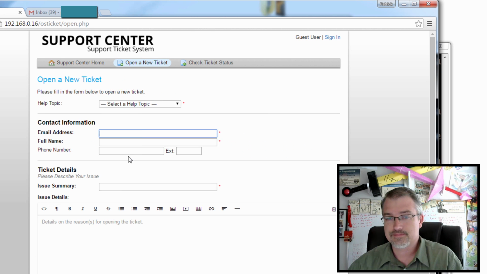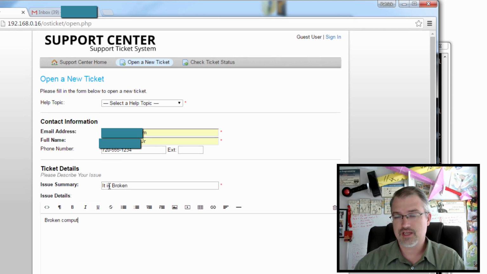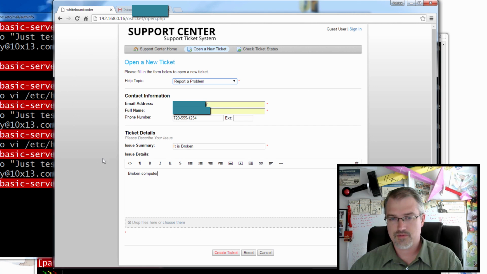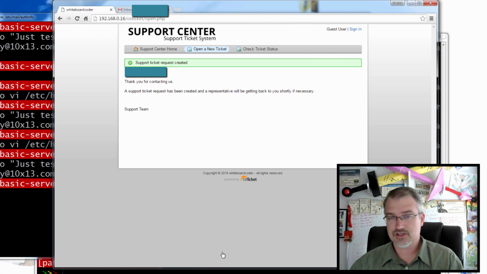But I can come in here and open a ticket and put in an email address, put in a phone number, it's broken, and make a service desk ticket, report a problem, and I guess I can upload files too if I want to, and then I can create a ticket. And so now that should go into the system, and the system should be able to email that person out, and whoever is the admin who takes control of it. So it should just work as a decent